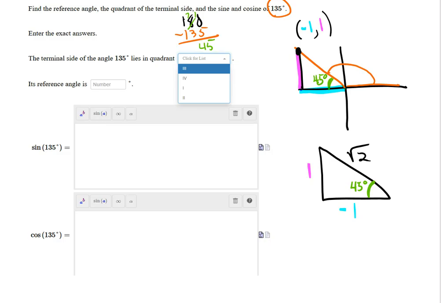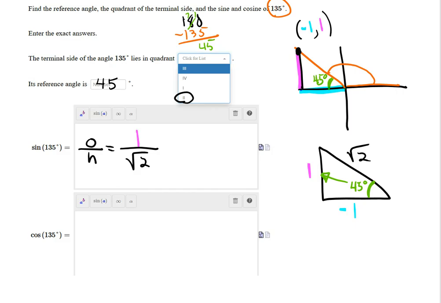So, let's see, the terminal side of the angle lies in quadrant number 2. Its reference angle is, and you can see they put the little degree symbol here, so they want the number 45. And then sine, remember, is opposite over hypotenuse. So the side opposite of the 45-degree angle, the side opposite is the pink one, and the hypotenuse is the